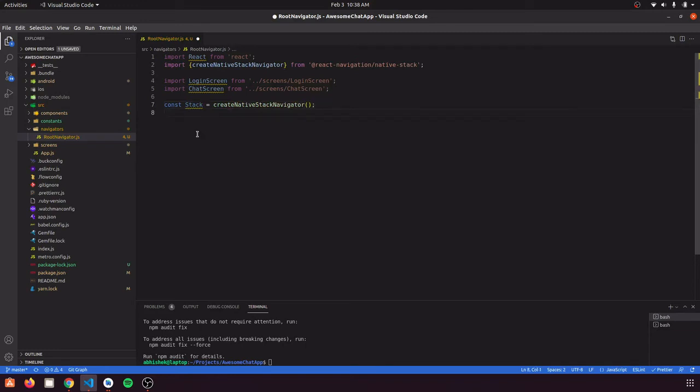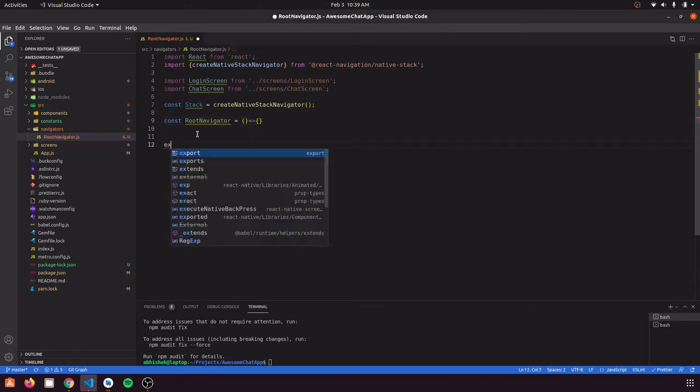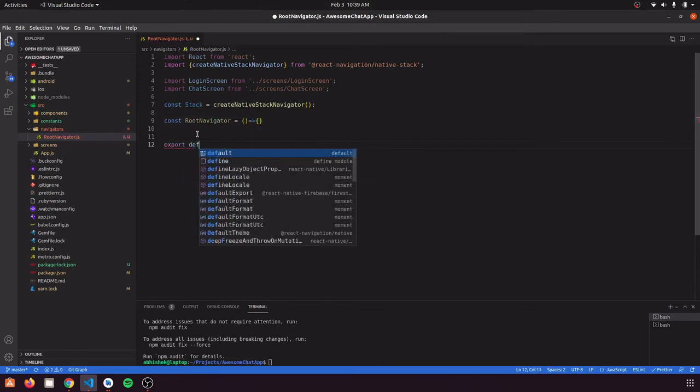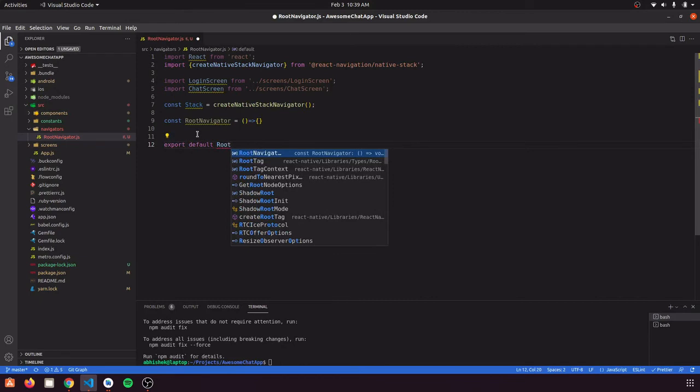Now we have this stack, and we can use its properties to have a navigator and define some screens in our navigation. So first of all, we are going to create a root navigator. It would be similar to a screen, and then we are going to export default root navigator.